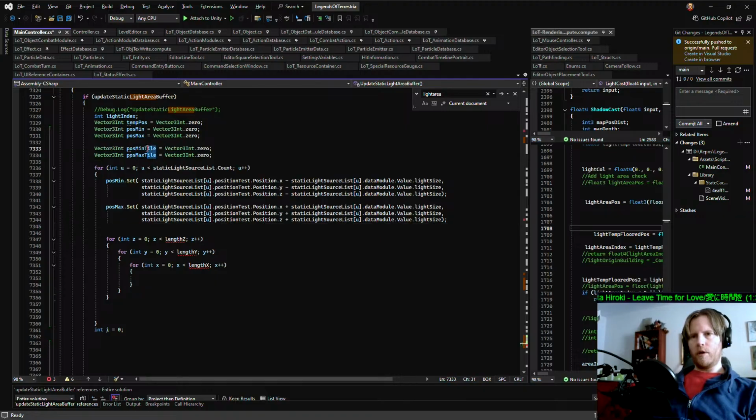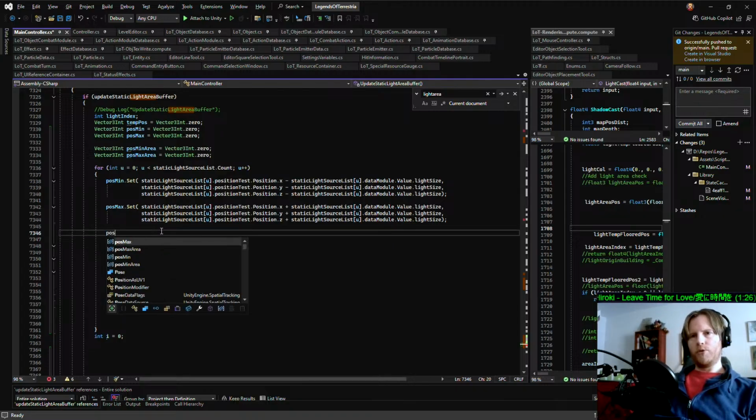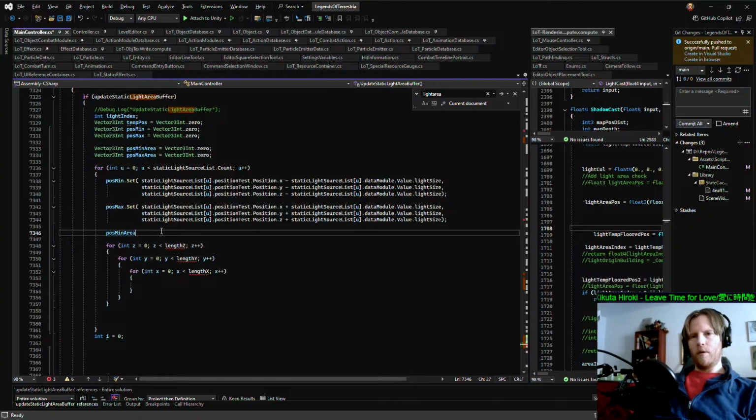No, it's not tiles, it's area. And then we need to say something like pos min area equals pos min divided by